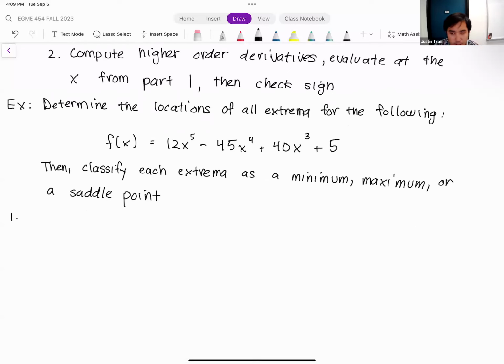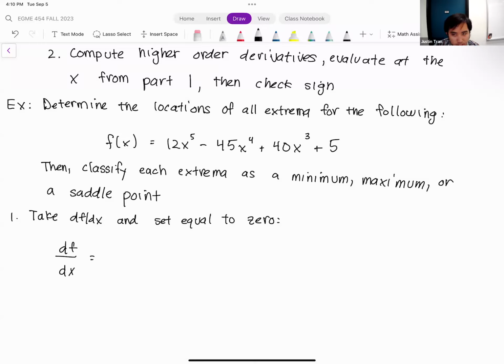So first step is to find out where the extrema of this function even are. So let's take the first derivative and set it equal to 0. Take df equal to